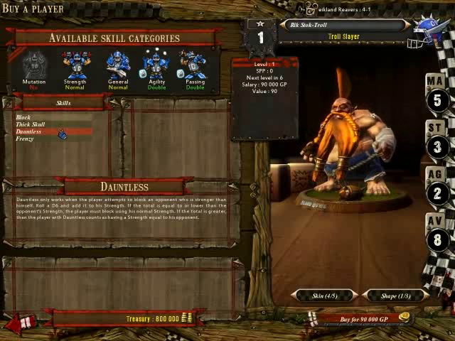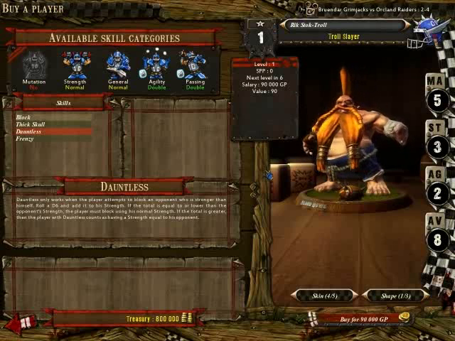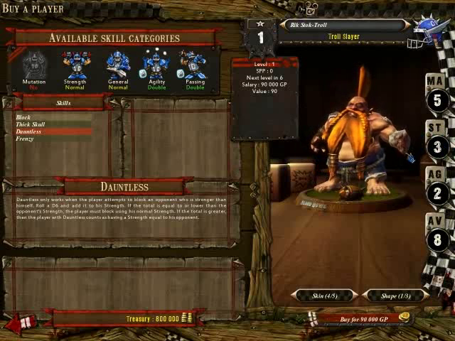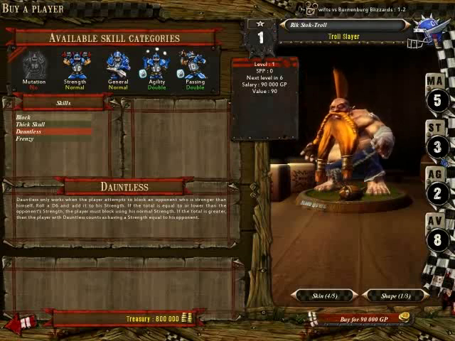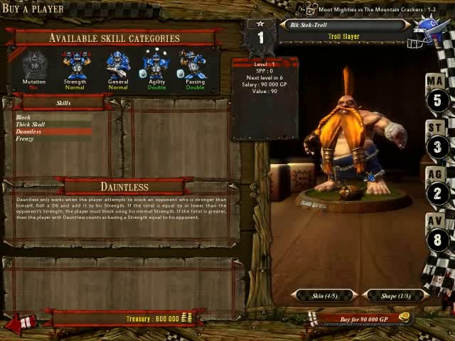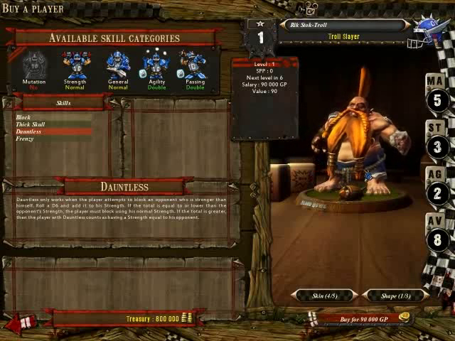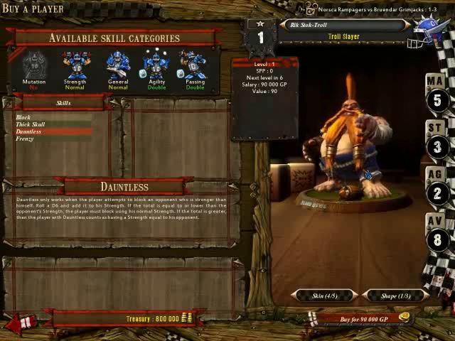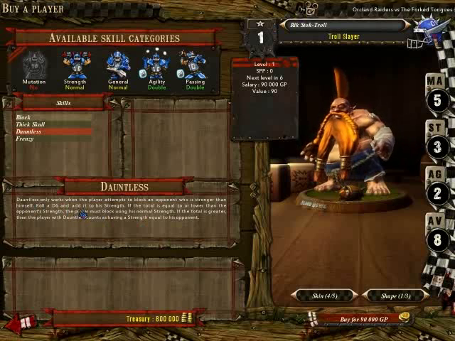Dauntless is a really nice skill. I explained it in the tutorial. Basically, if I were to attack an ogre, ogres have 5 strength, and my Troll Slayer, who would be alone in this example, has 3 strength. So, since his strength is lower than the defender's, the opponent would roll 2 dice and choose the result. And that's always trouble for you. But the Dauntless skill,